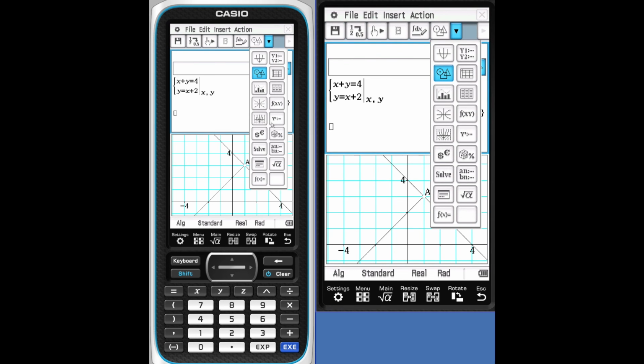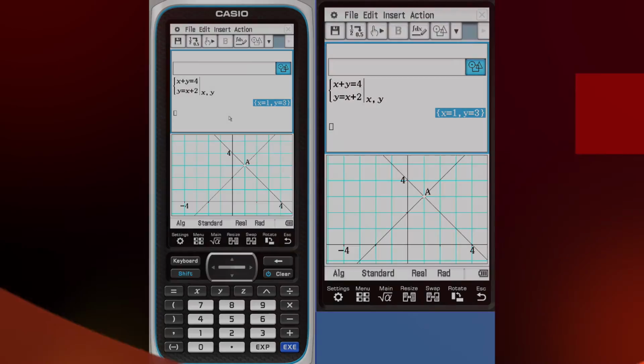You've got other options as well. Slope fields, statistical graphs, functions, regular calculations, the solve, which is your function solver, again, conic sections. Anything you want, you can put together in 2 screens.